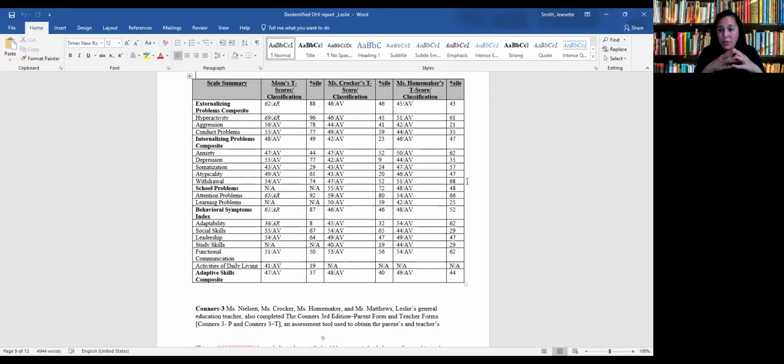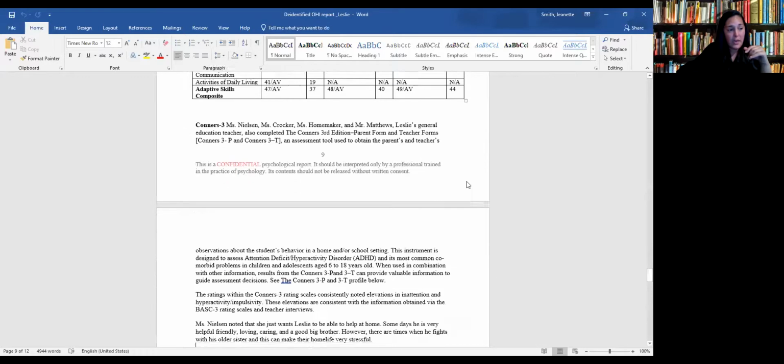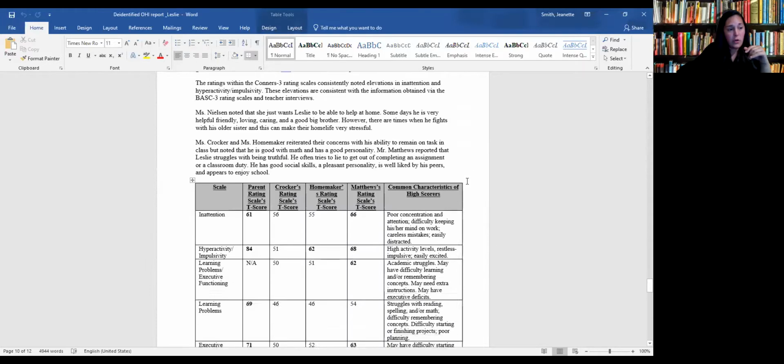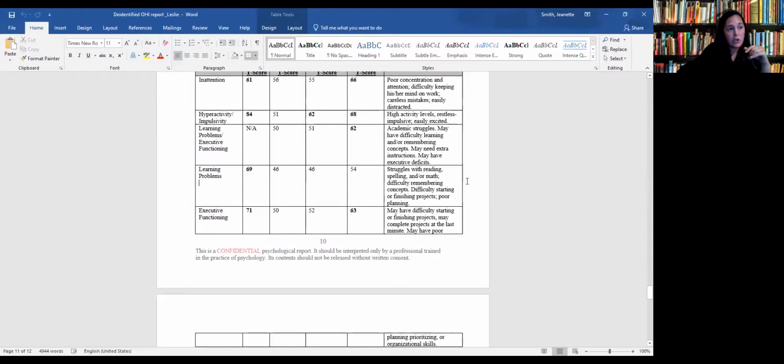There's usually a summary too in terms of the data. The student struggles with hyperactivity and aggression. And it should be coupled with informal data that you're receiving from other sources as well. So this is Leslie. And like I said, there's also some information here about executive functioning. So there's another form, which is this one, that really talks to you about how a student with ADHD may or may not be struggling in their environment.